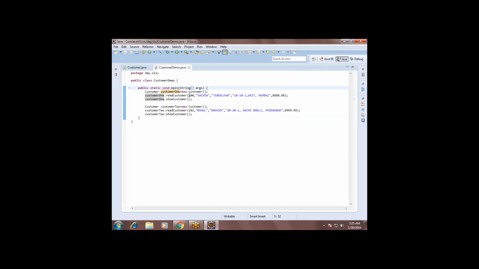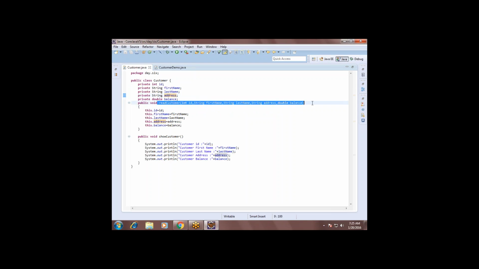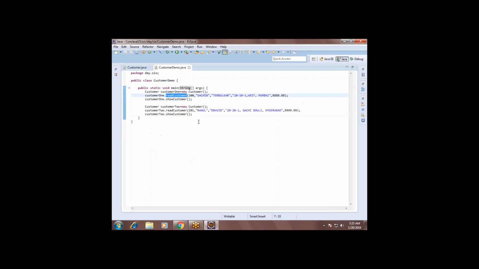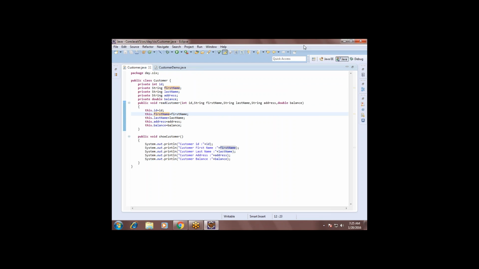So in this way you can pass different values at the time of calling the read method, and the read method should be prepared with parameters, a method with parameters, right? Those parameters you receive and insert into the instance variables. Then it is possible. If you create one more object, you can have the choice of passing new values. Done? In this way, you can pass different values to different objects. So we can create any number of objects, but for each object, you can pass different values. Okay.